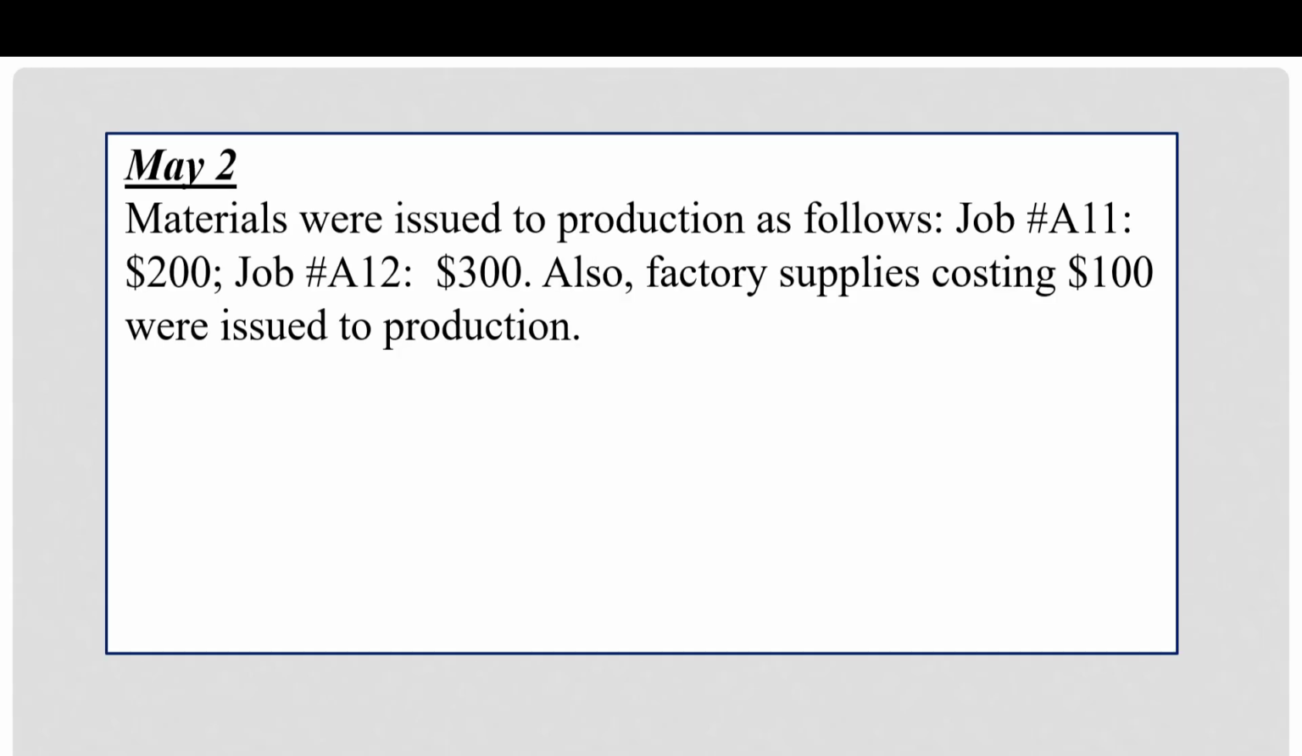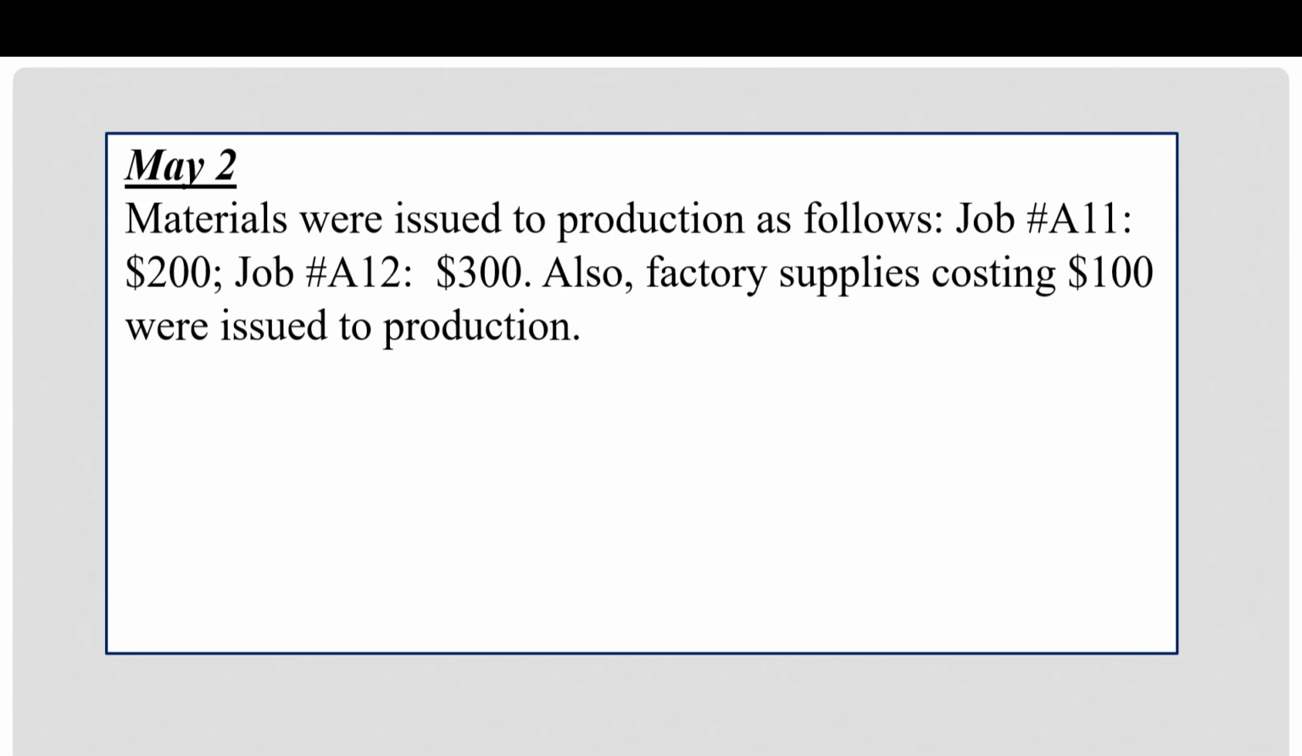On May 2nd, materials were issued to production as follows. Job A11, $200, Job A12, $300. Also, factory supplies costing $100 were issued to production. Notice that direct materials, you must specify what job those are going to, but for factory supplies, you just see